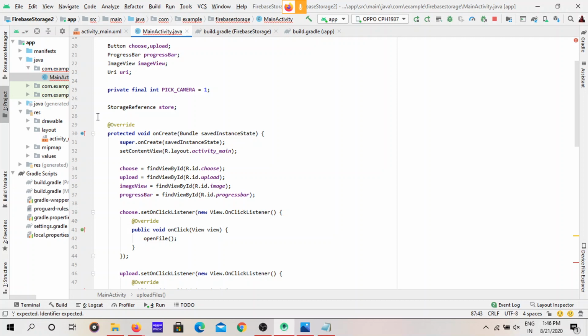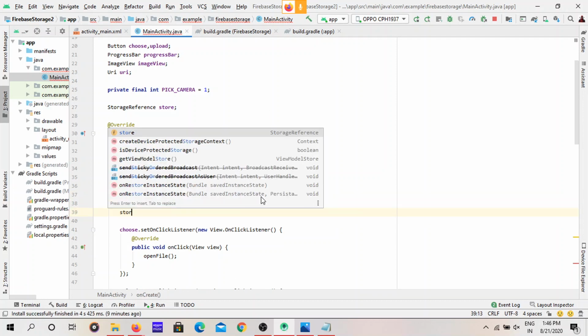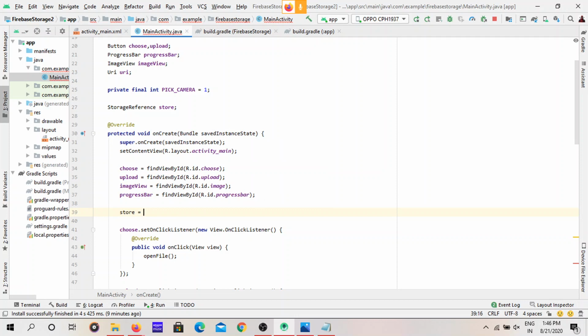It's just referencing this class, but we have to instantiate it, like store equal to FirebaseStorage.getInstance().getReference of like my photos.